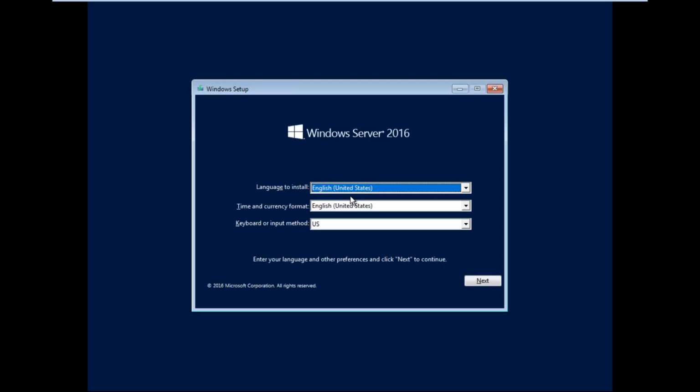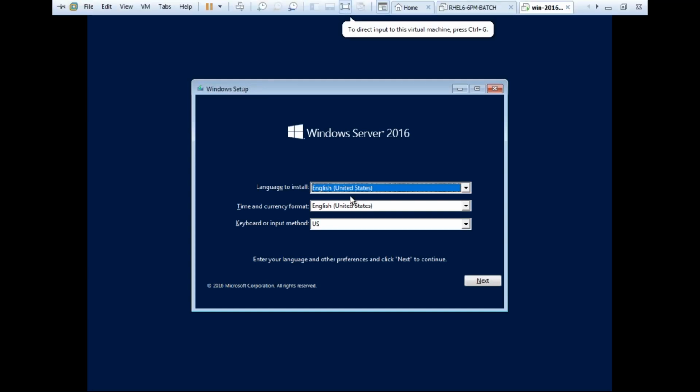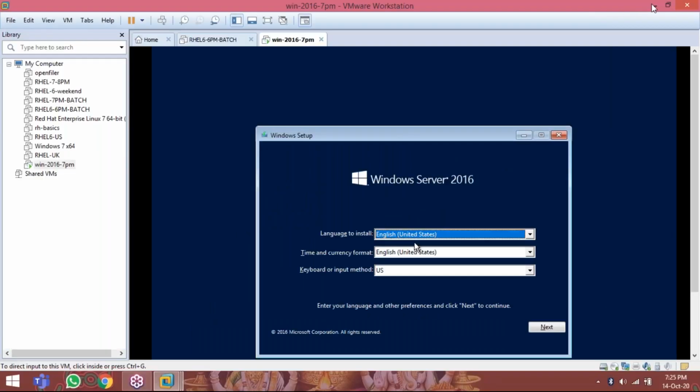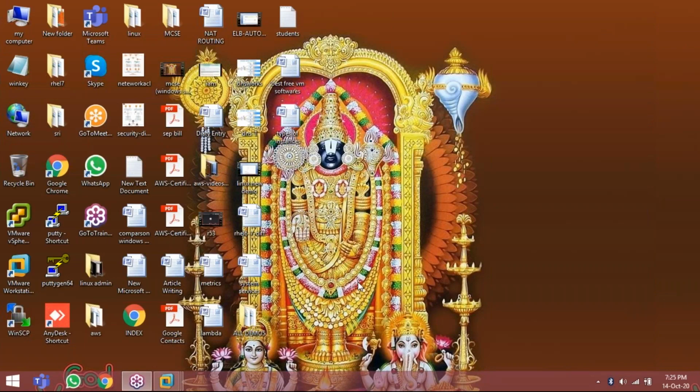So here we have taken virtual hardware from our laptop. In real time, how will it be? Virtual hardware and VMware we cannot just download and install on any laptop. So how will it be in real times? See, nowadays we are in virtualization technology. I will show you where it is. So you have to know all these technologies.